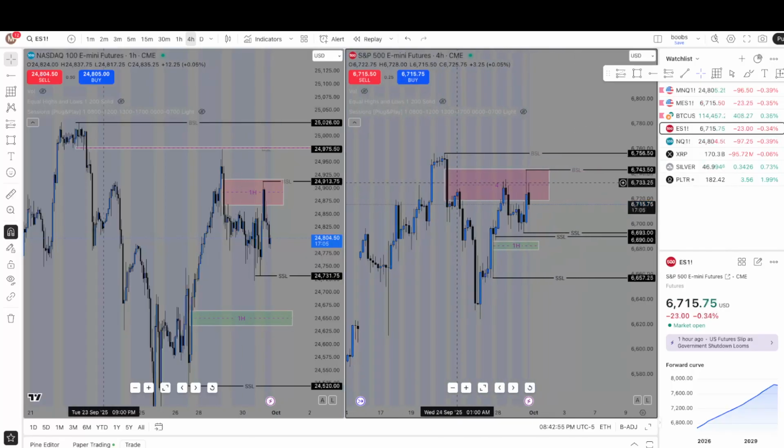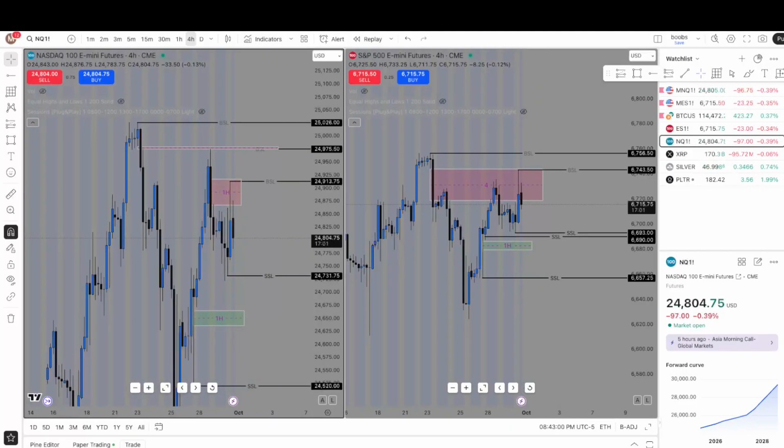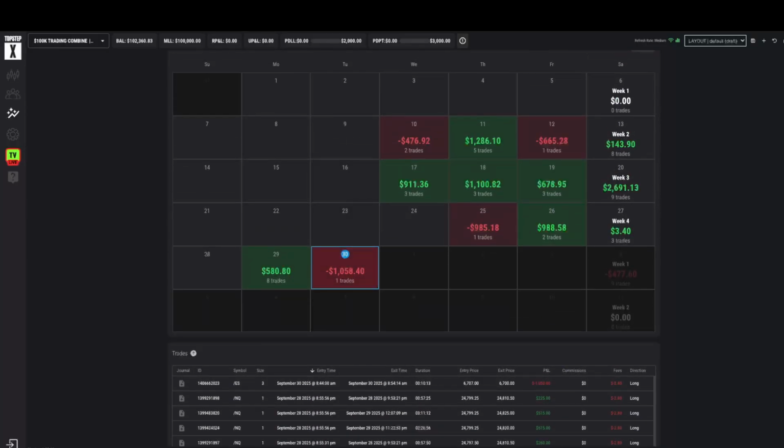I'll just get the 4 hour opened up for tomorrow, and then this opened up for tomorrow. But yeah, show proof of what I did. I got cooked today. I got cooked. One thing I realized now too is a lot of these wins that you see, these are not 1-to-1s. This day, this $988 win was actually a 1-to-4, 1-to-5. And I noticed something that I was messing up is, let me get my thing back up. I can get rid of the window capture. Oh, there we go.